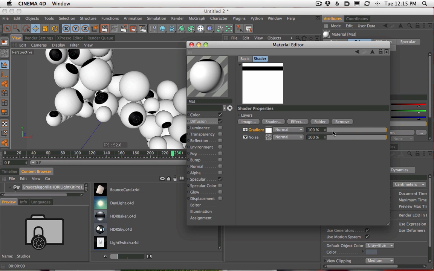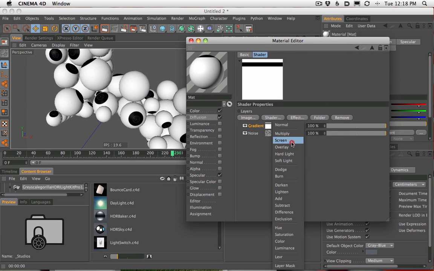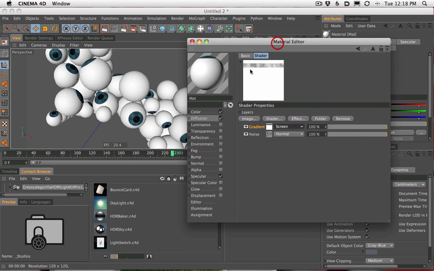And that's because there's no blending mode. Now we could turn it down and we could fade between them. But what we can actually do is make this a blending mode. And the one I think will work is, if I remember right, screen. And that looks like it worked. So what screen did was screen only the white pixels down through to the bottom, but leave the black ones and kind of make the black ones disappear.